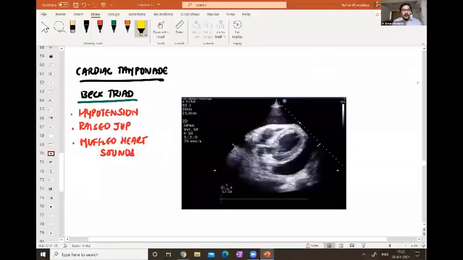Perfect, guys. Right, this is cardiac tamponade. Cardiac tamponade is rapid accumulation of blood in the pericardial space, and you classically get a Beck's triad, asked more than 10 times in the FMG exam. Beck's triad is hypotension, raised JVP, and muffled heart sounds. And the emergency management is needle pericardiocentesis.